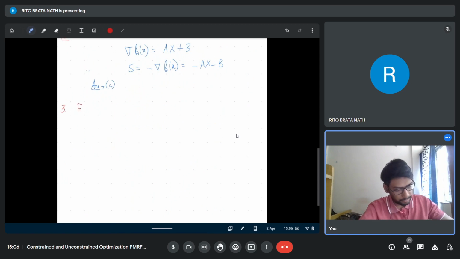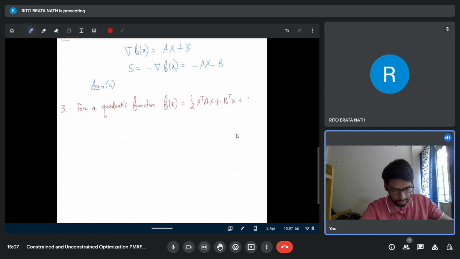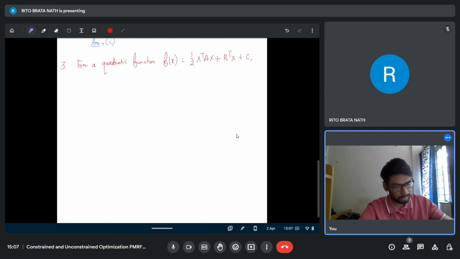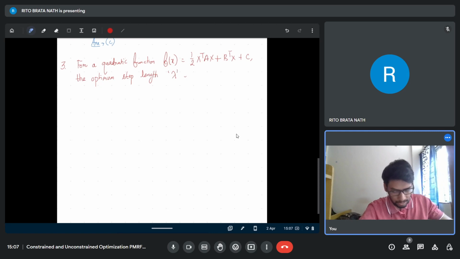For a quadratic function, f(x) equals half of x transpose Ax plus b transpose x plus c. The optimum step length is asked in this problem, and this has also been proved in the class, so I will not be going into the proof of it. The optimum step length lambda is given as